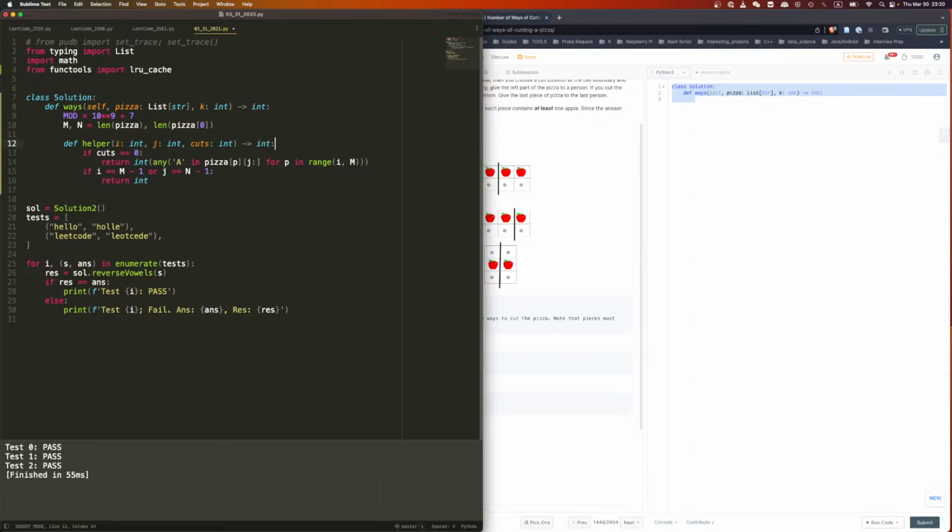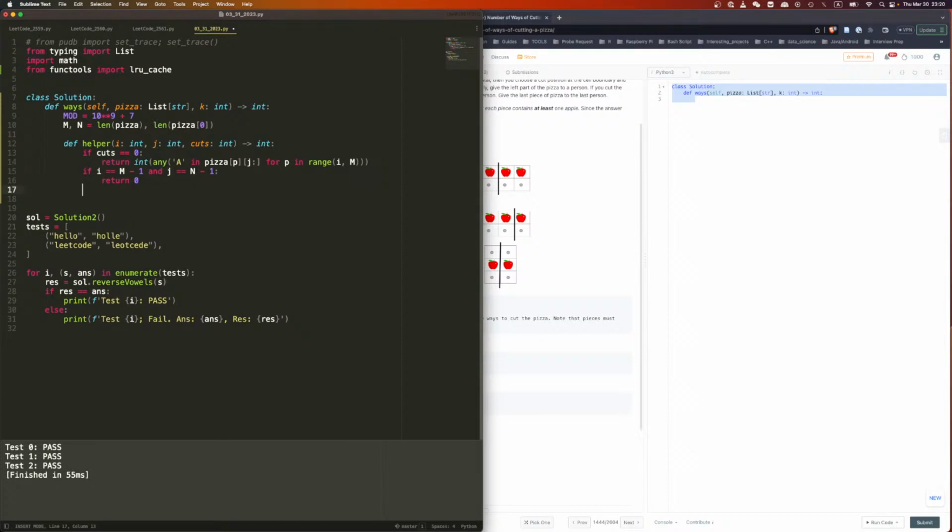And then cut is not 0, but this is due to the end, due to the last one. And we still have more cuts, right? We still have more cuts, and we already exhausted. Then we shall return 0. That's not possible. Otherwise,